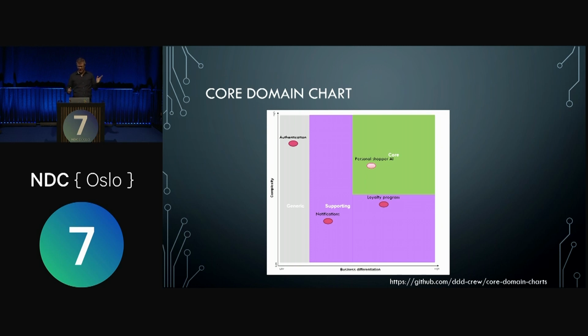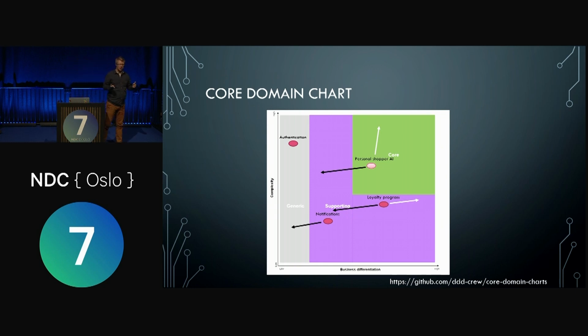Then this is not a static view, really. What tends to happen is that everything moves back towards zero differentiation because markets move forward, so everything gets commoditized over time. Your competitors start copying your things, and you copy your competitor, and then it becomes more and more alike. So if you actually want to keep differentiating, you can't leave something alone. You have to actually work with it, and that means that you can, with the wide arrows, concentrate something and move it.